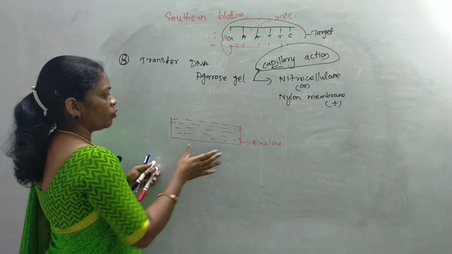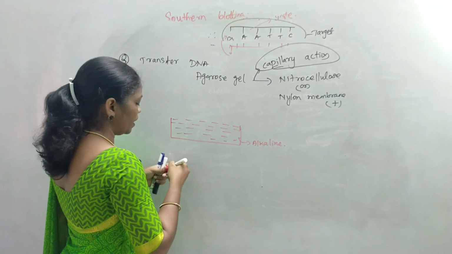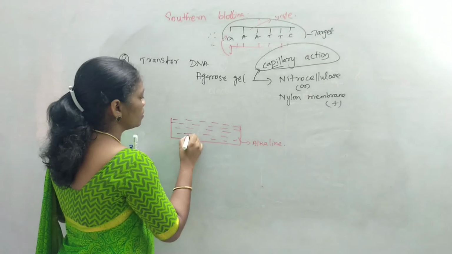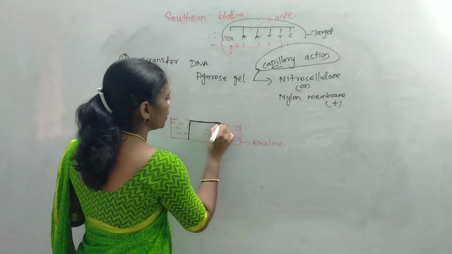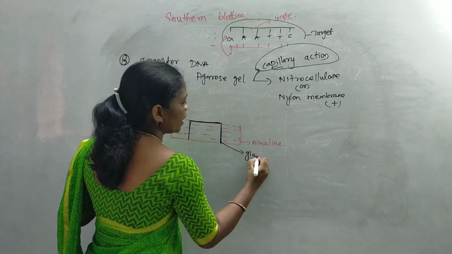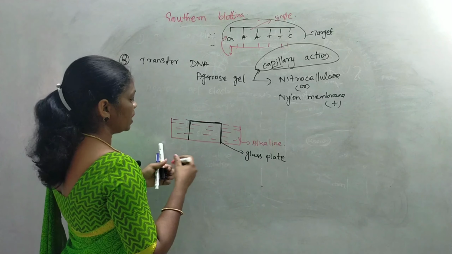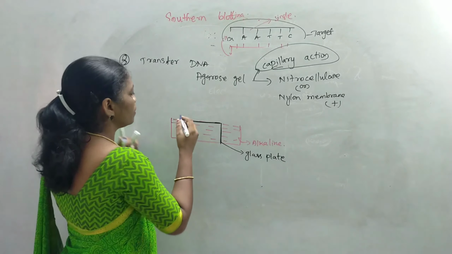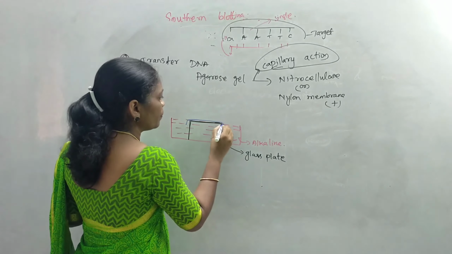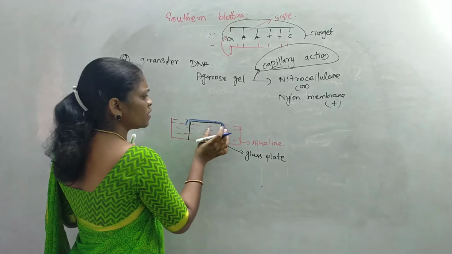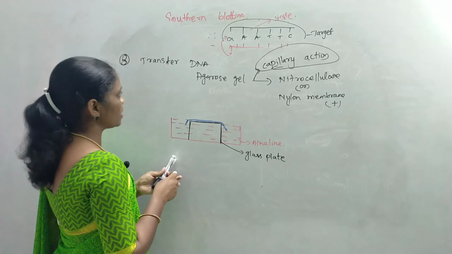So I am going to keep the tray with alkaline solution at the base, and here I am going to keep a glass plate. Sometimes they use a sponge also. So on top of the glass plate, I am going to keep some filter papers. These filter papers will be dipped in this alkaline solution. You can see the filter paper dipping into the alkaline solution. So these tips will absorb the alkaline solution.